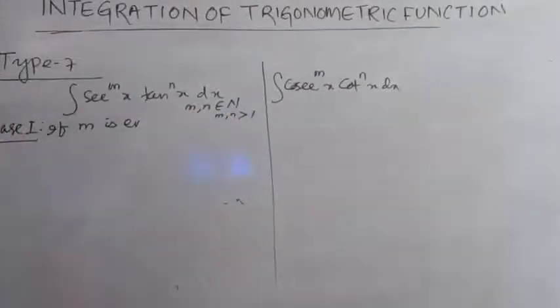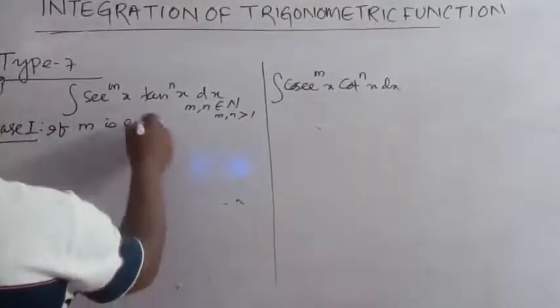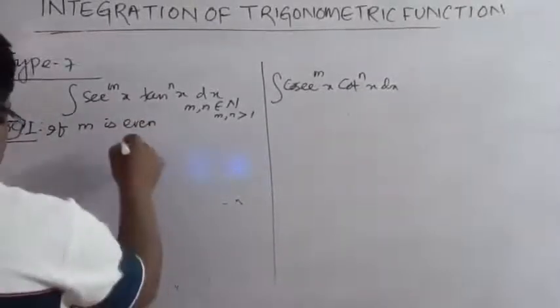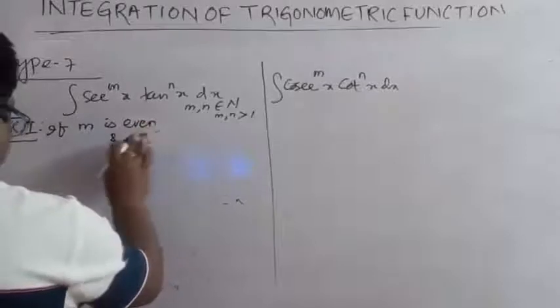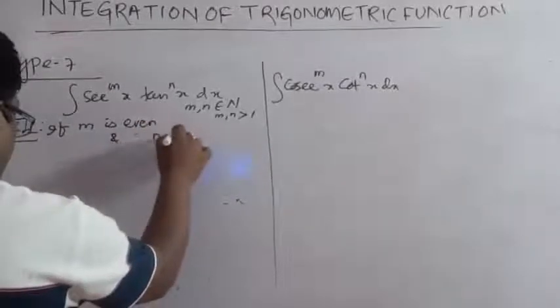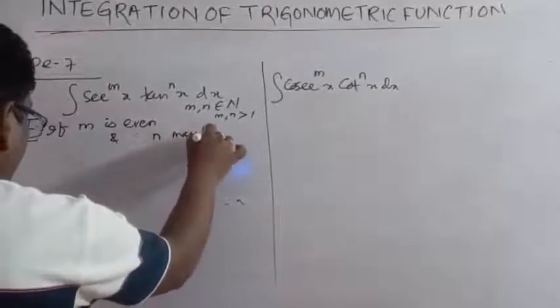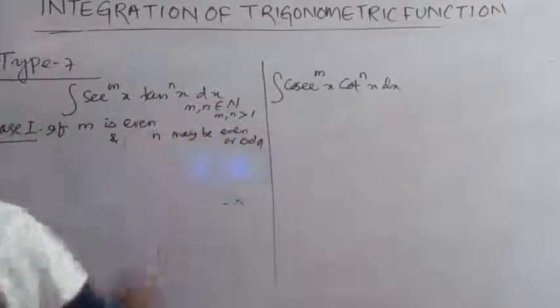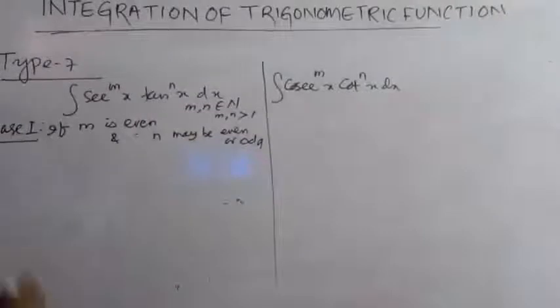So m is even, and n may be even or odd. Procedure: